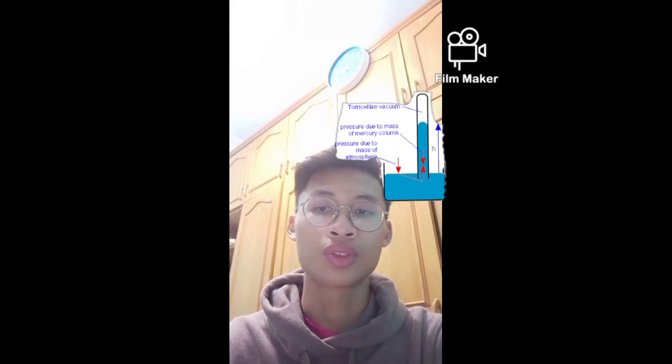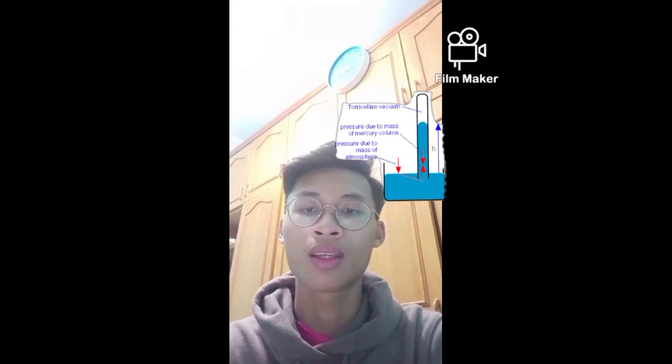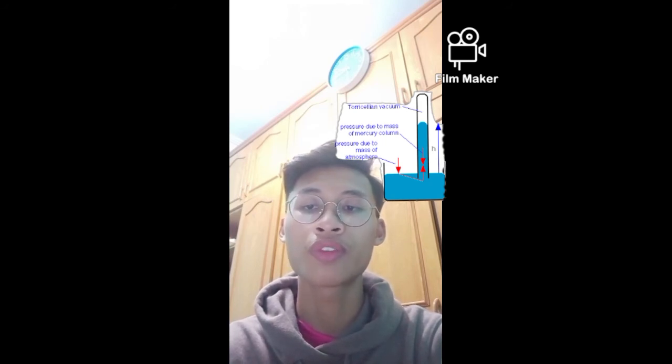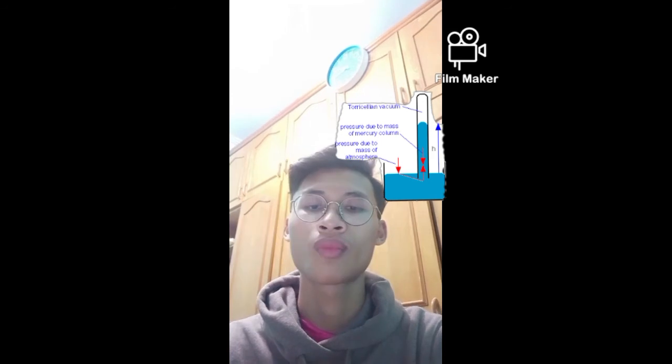After a few seconds, with the long glass tube inverted into the bowl of mercury, there will be a space which is called the Torricellian vacuum. The space above the mercury in the tube is not an air bubble, but vapors of mercury. Then we measure the height of the mercury column, which is 76 centimeters, and we convert it into meters, which is